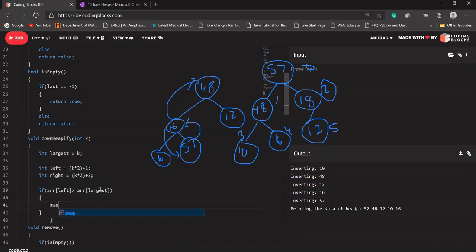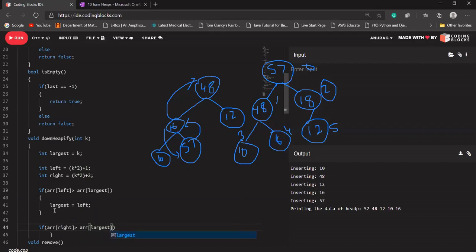In the largest index, just store the index of left. As well as again check if the value of the right child is greater than the array of largest.